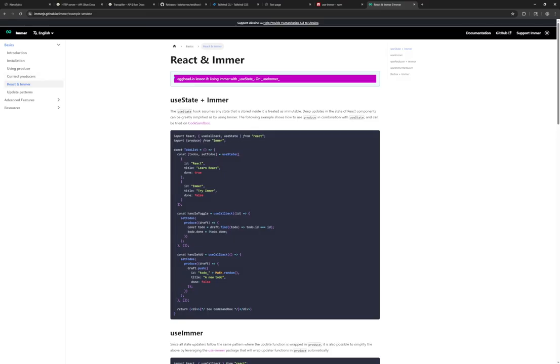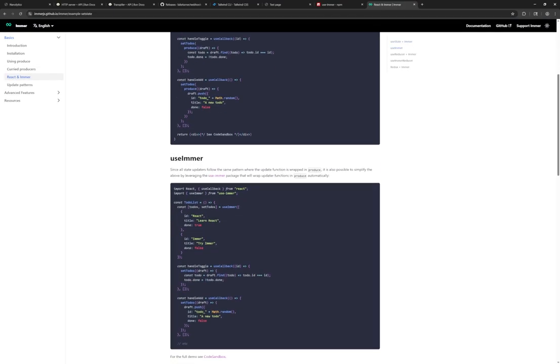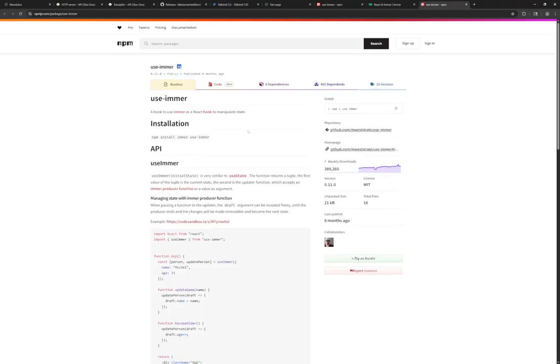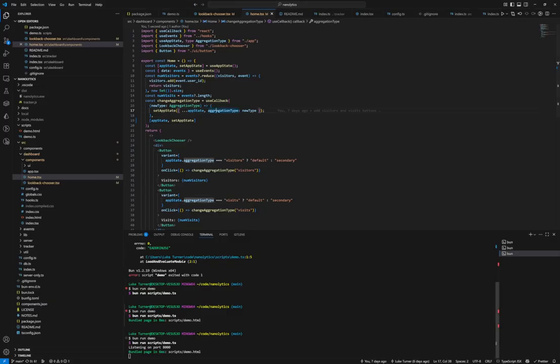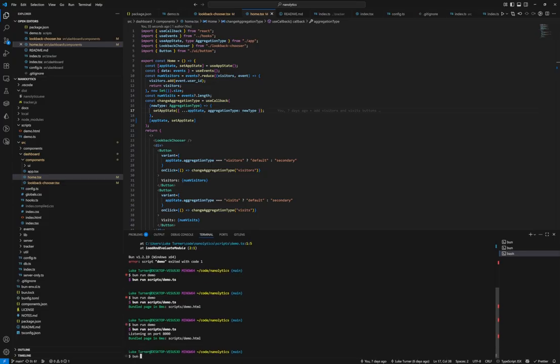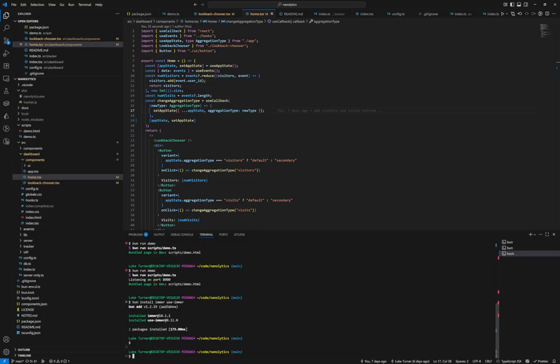And there is a use-immer package that makes it work automatically with React, and this is what we're going to use. So let's install it. Don't know why I made an extra line there, but whatever. Okie doke. So with that,